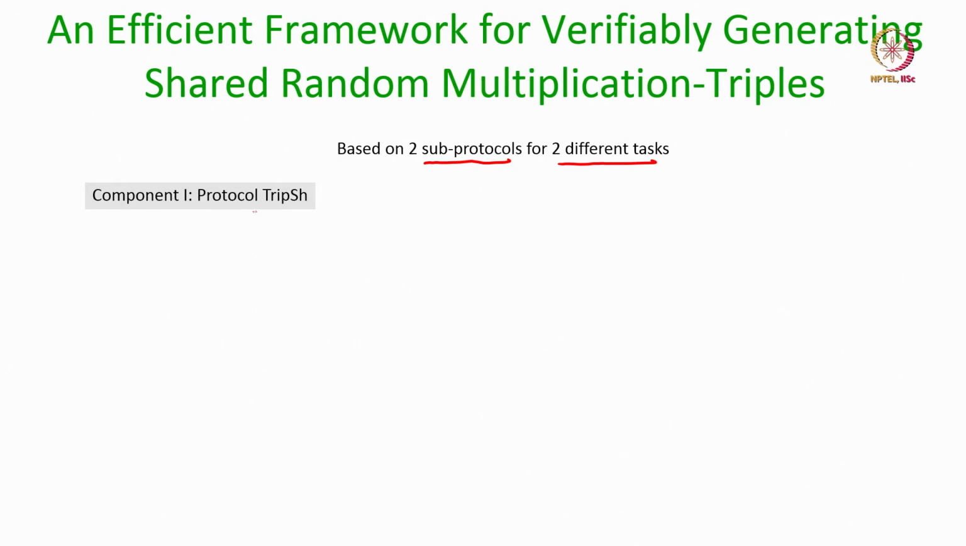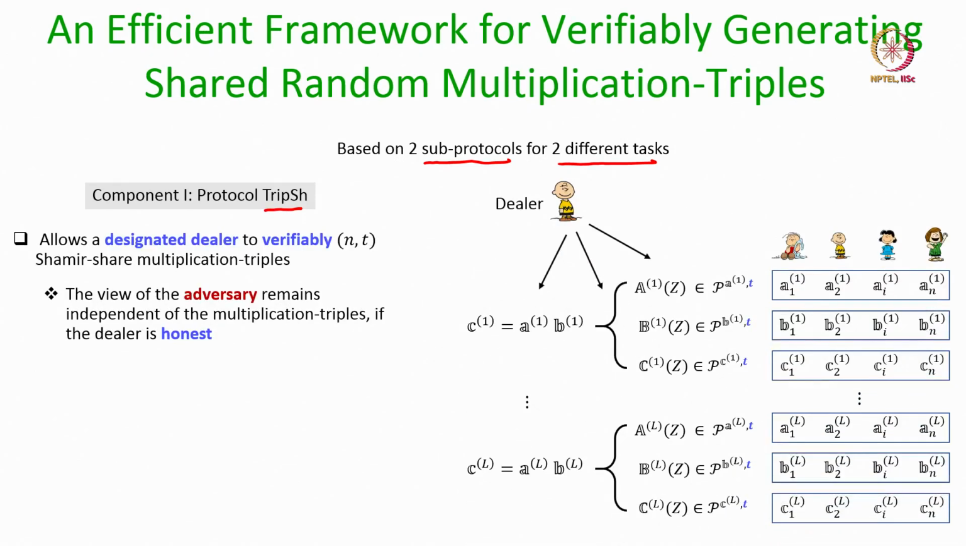The first component is a triple sharing protocol denoted by TRIPS-H, and this is a special type of VSS protocol. Namely, there will be a designated dealer which can be any party out of the n parties, and this designated dealer will have some multiplication triplets. So, that will be the input for the dealer. So, say for instance, dealer has L number of multiplication triplets,